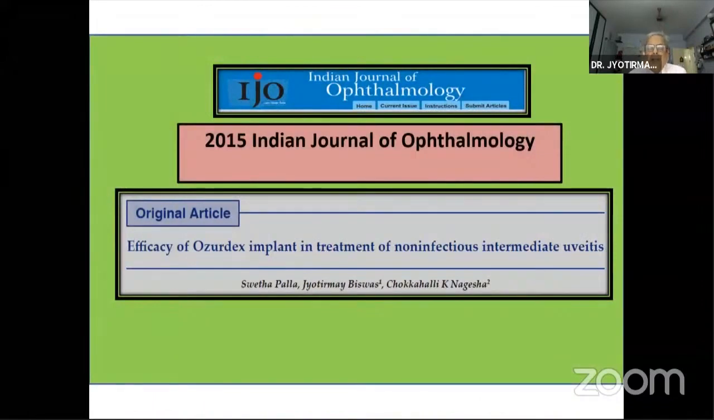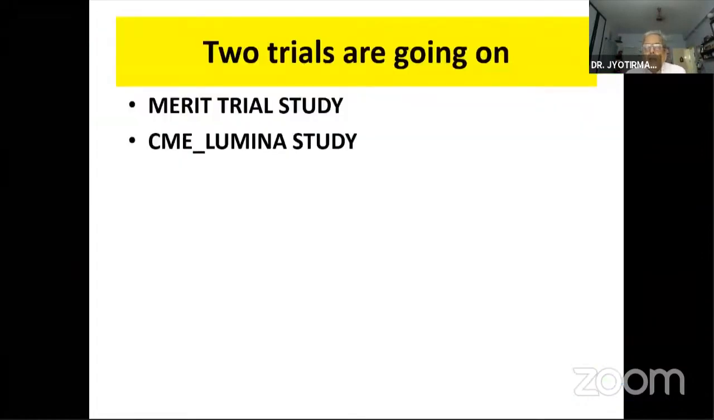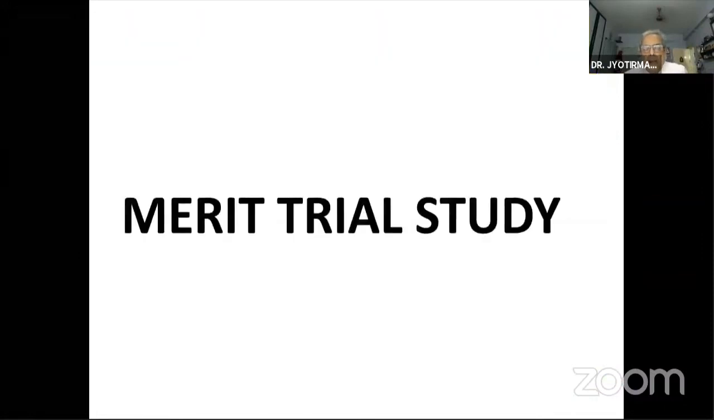So we have done a clinical study in intermediate uveitis with the Ozurdex implant, and efficacy has been found to be quite good with a good safety profile. Next. Currently, we are doing 2 trials. One is the MERIT trial study. Next. Another is the Lumina. The MERIT trial study involves, next,